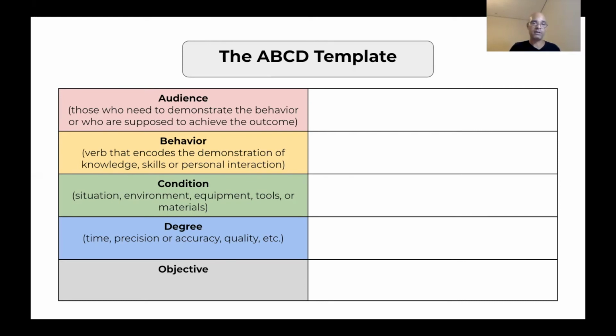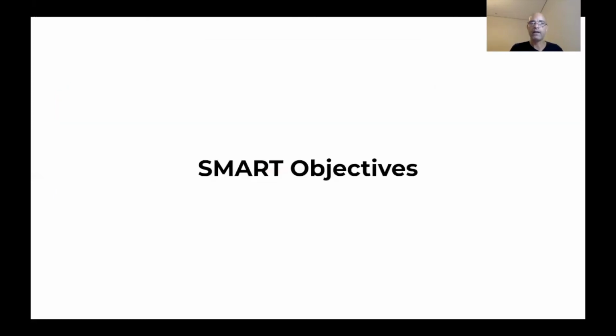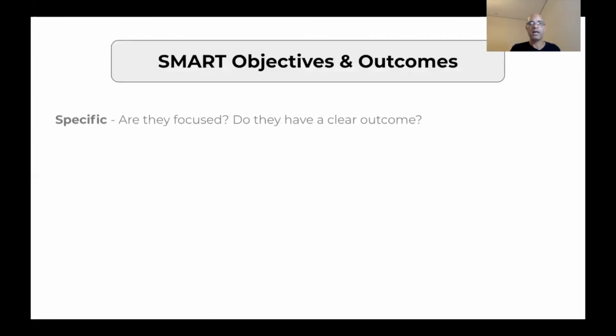Okay, so you go through A, B, C, and D, and then you compose the full objective in the last cell here of the table. Now we're moving to the second approach, SMART objectives. Again, each letter in SMART stands for a different concept that is required in the objective and or the